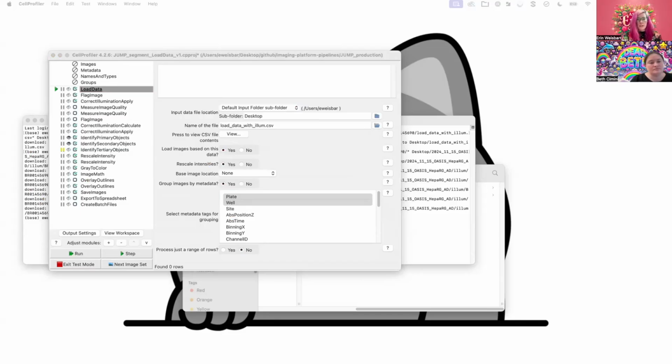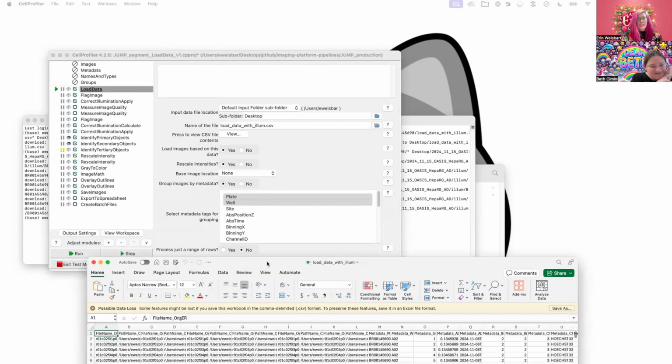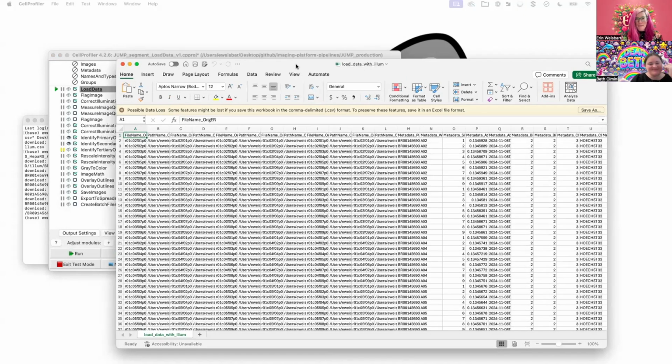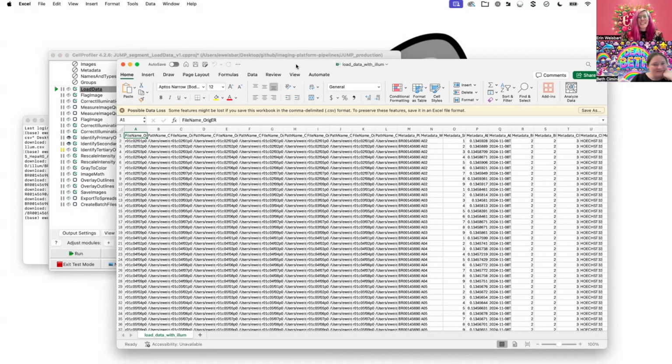Show you a load data, what it looks like. Good. I mean, CSVs are maybe not the most romantic versions of data that we look at all the time,